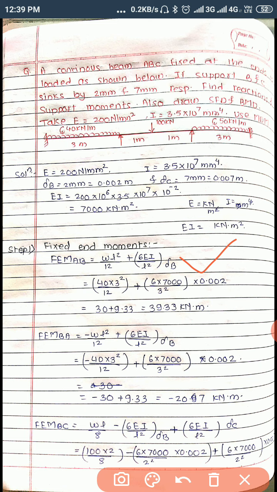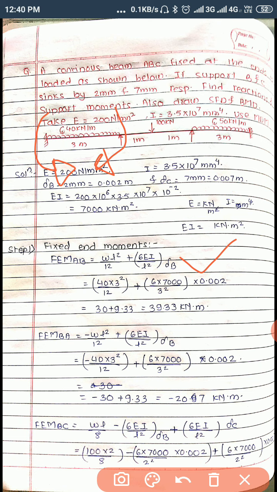Or if you don't know, just remember, wherever there is a sinking or settlement or sagging, the particular beam creates a movement with the amount of 6EIΔ/L². Okay, this is the standard value. Just remember this. And this movement is in anti-clockwise direction. This is the fixed end movement, and this is the sign convention of fixed end.